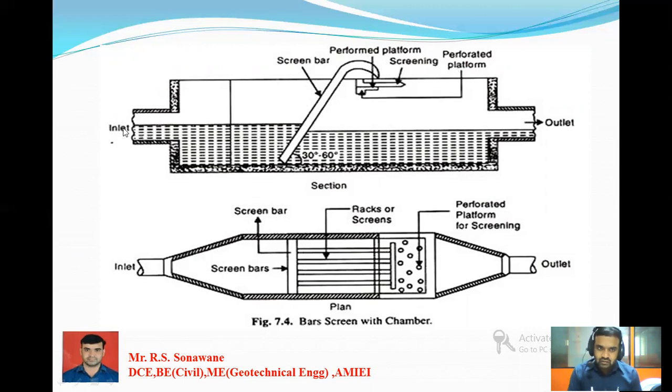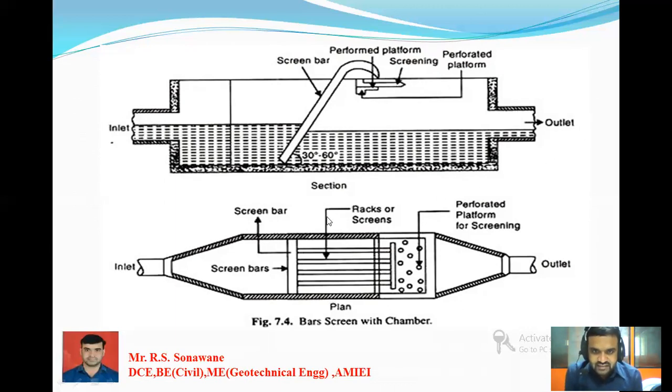So when water or wastewater enters this chamber, you can see the water level with respect to its velocity, and the wastewater goes through this screen. After the screening of water, you can see the storage of discharge here. That means the flow before the screening and the flow after the screening vary. There is one outlet in this direction of the plant.